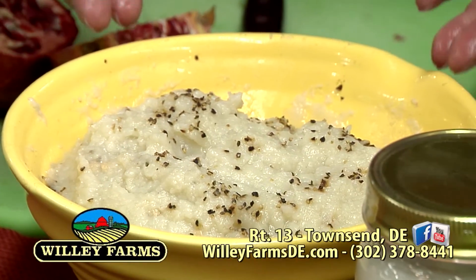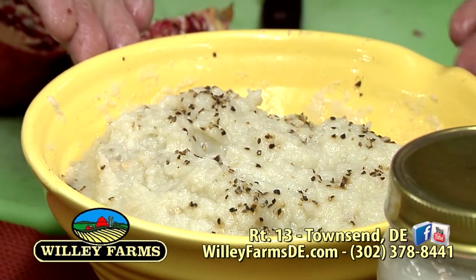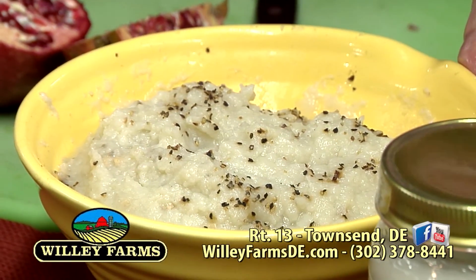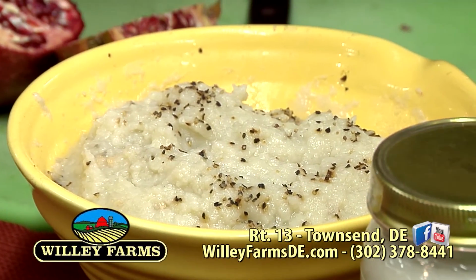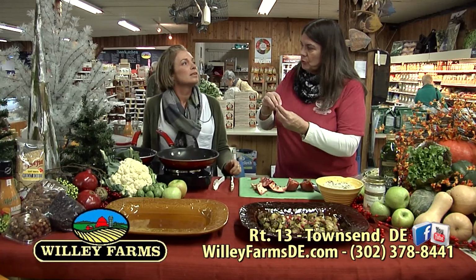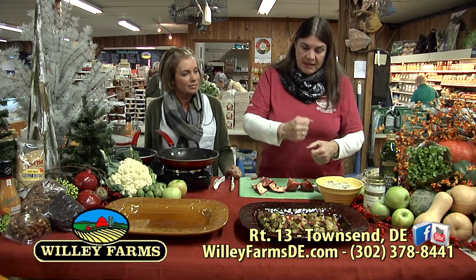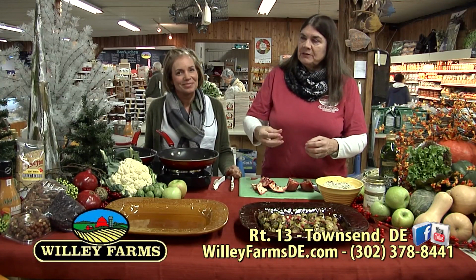So what I did last night was I steamed a head of cauliflower. Takes about 10 minutes. I divided it into little florets first, put that in there, and then it only took 10 minutes to steam it, and then drained it, then mashed it with a potato masher, mashed them all up. You add a little bit of chicken stock to give it a little bit of flavor,